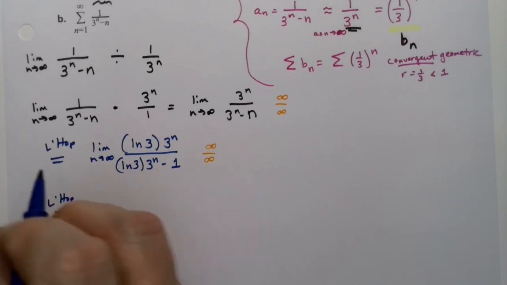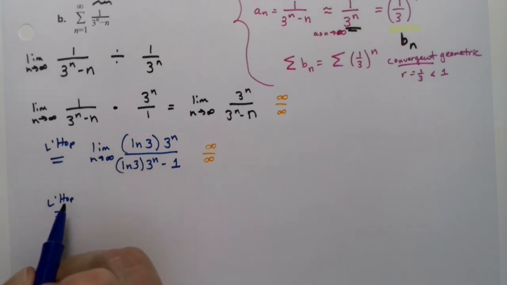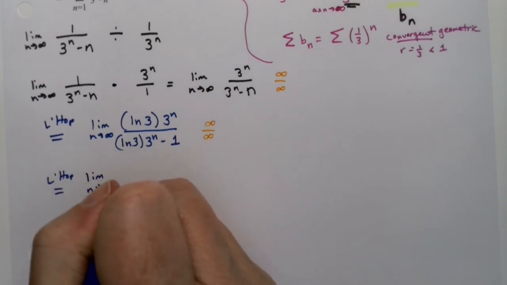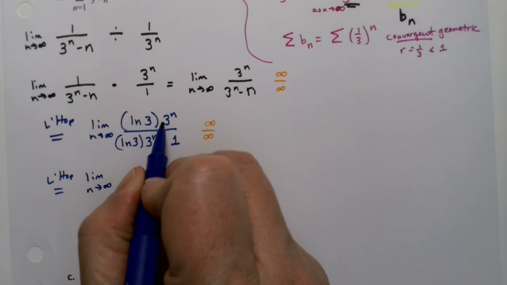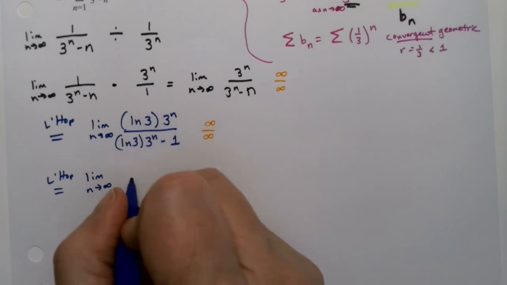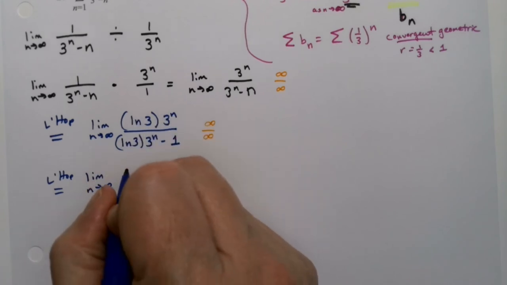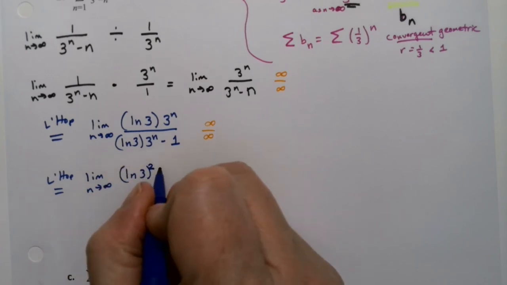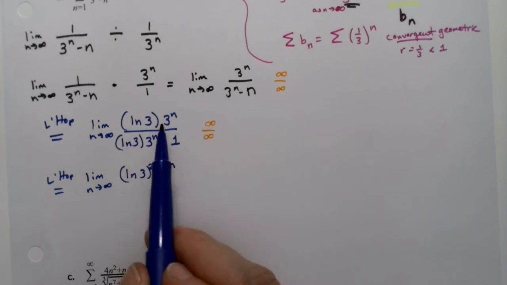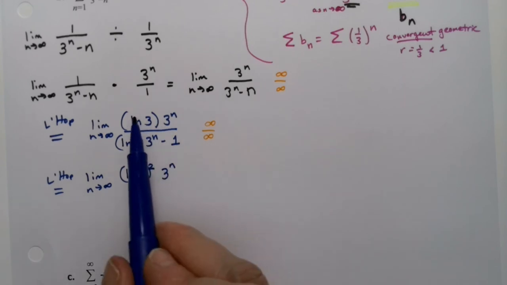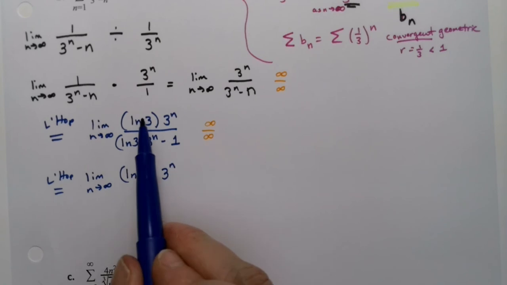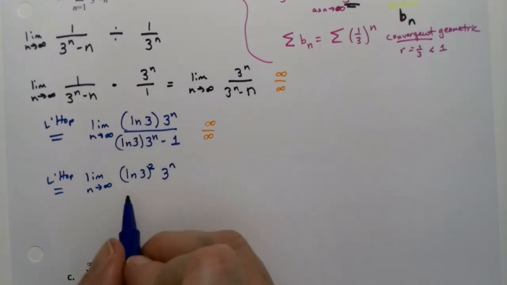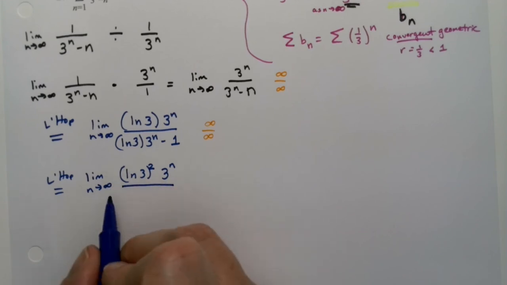L'Hopital's rule, make sure you put L'Hopital, or L apostrophe H works as well. And we'll say limit as n goes to infinity. All right, well, the derivative of 3 to the n is still 3 to the n times the natural log of 3. And I have another natural log of 3 sitting there. So it's going to be natural log of 3 squared times another 3 to the n, because there's this natural log of 3 sitting there, and then there's another one when you take the derivative. Same thing down here. It's going to be natural log of 3 squared